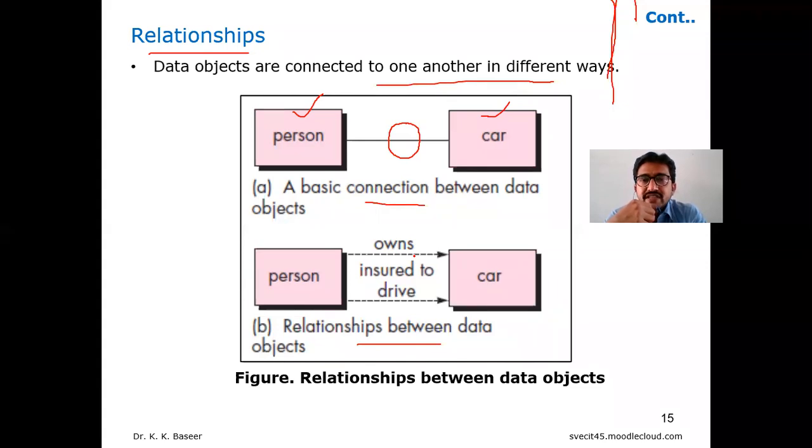When you talk about a particular family, the relationship comes into play. When you talk between human beings, a connection is enough, because all are human beings. But when you consider a family, all members are human beings, so what is the relationship among each other? That will be talked about under relationships. The different types of relationships will be discussed in the UML concept in the next unit, unit 3.